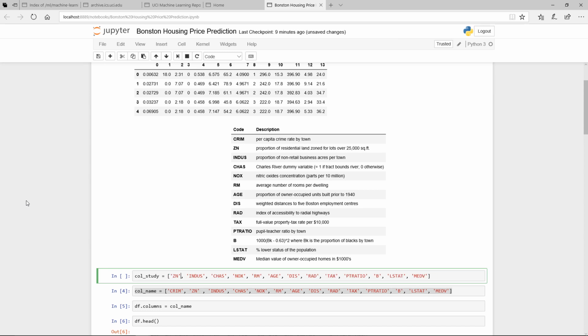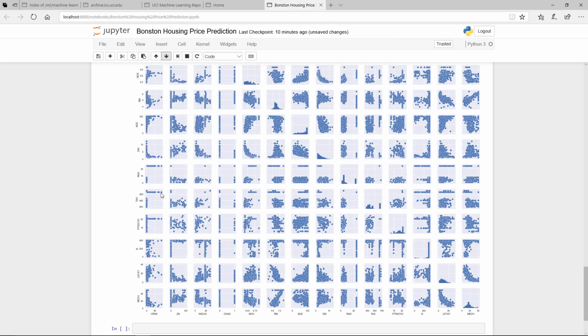Land size, non-retail. We're going to skip the binary for now. Okay, nitric oxide, number of rooms per dwelling. Okay, I think that's pretty much what we want to play with for now. So four is sufficient for our purpose. So let me just move this column down to the end,